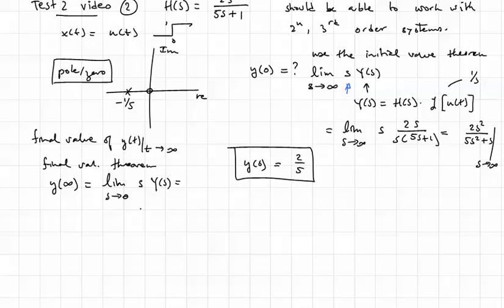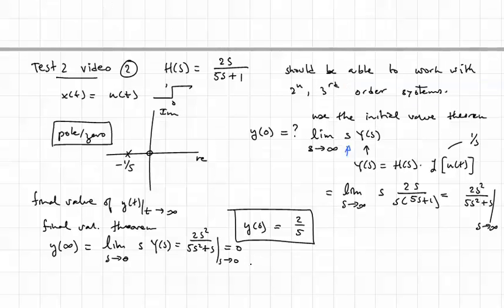And so here we have 2s squared over 5s squared plus s going to 0. And clearly that's going to go to 0. So y at infinity is equal to